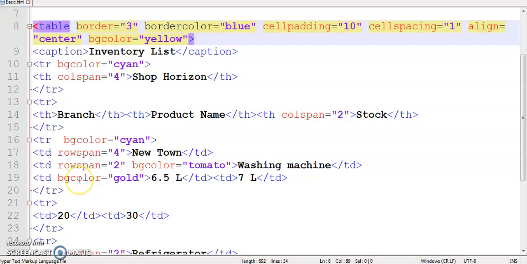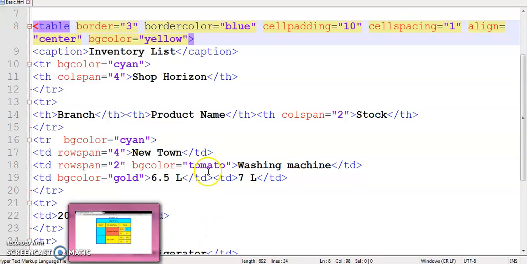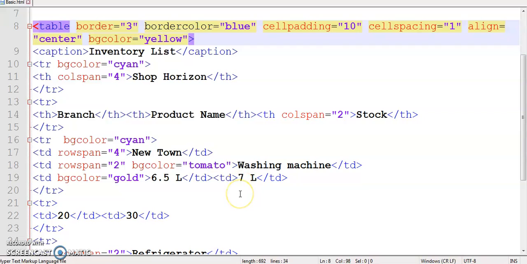You can provide bgcolor to different cells or different rows to override the value given in the table. But for designing purposes, nowadays we use CSS. And one more thing, do not give too much color, because that will suppress the content, which is your actual aim to show to your user. So keep it as simple as you can. So that's all for this video.